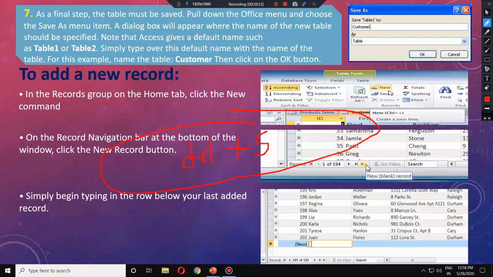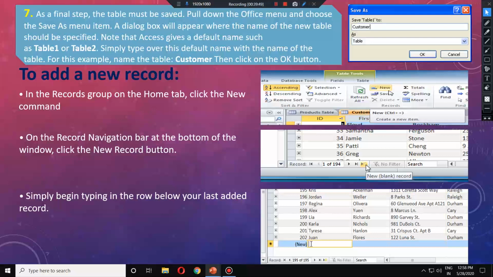By default the name appears as table1, but when you save, here you can see the name has been changed to customer. Whatever you want we can do, and click OK. Now you can see this table is saved as the customer table as we have given.